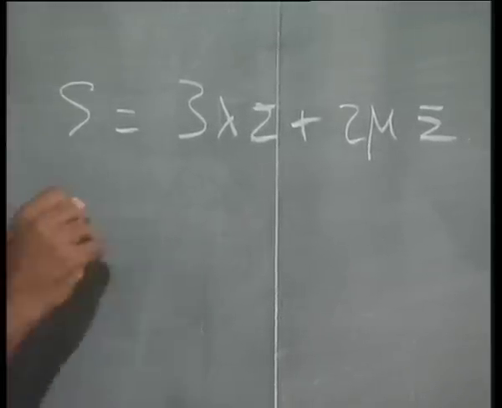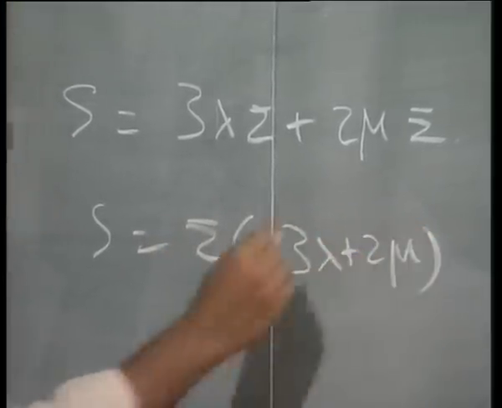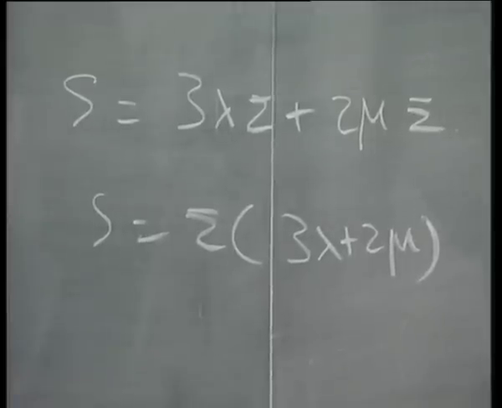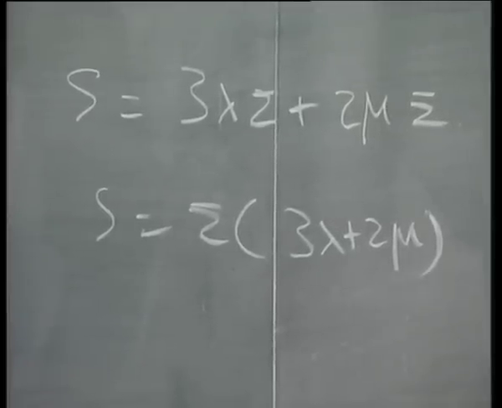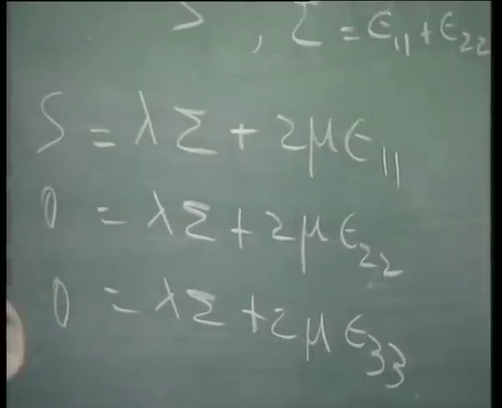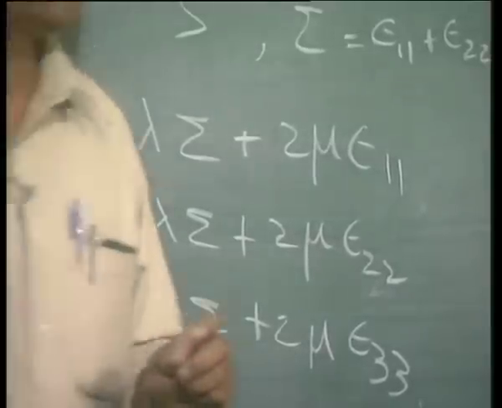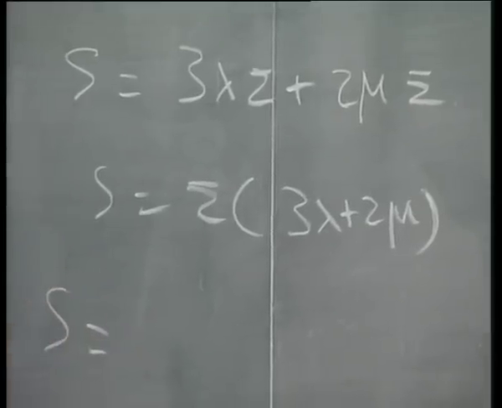So S is equal to sigma into 3 lambda plus 2 mu. Right? Is it clear? Okay. Let me now substitute that equation into the first equation, for sigma, so that I will get S is equal to,